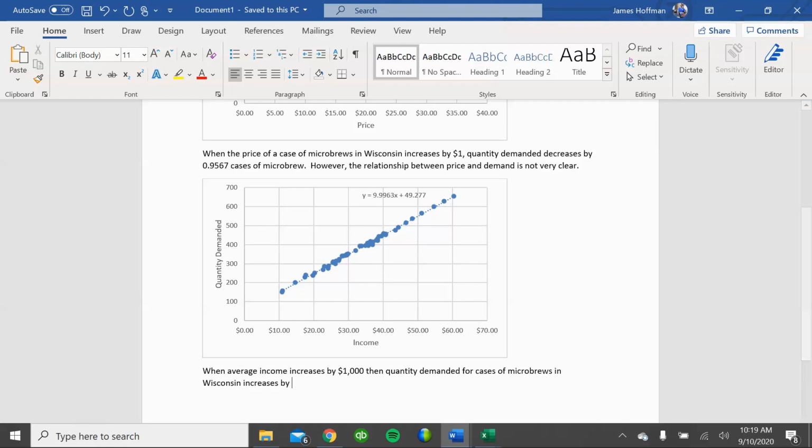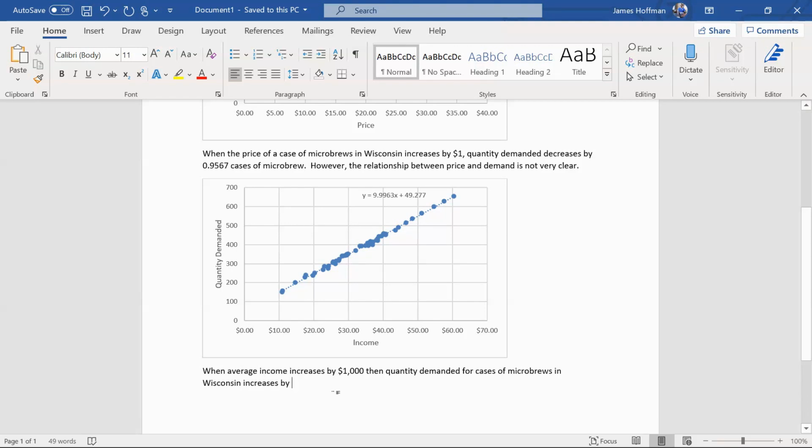Okay, then this is the effect: if the average income goes up by 1,000, then what this tells you is that about 10 more cases of microbrews are sold. So increases by